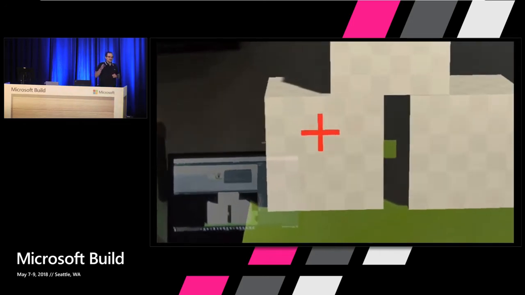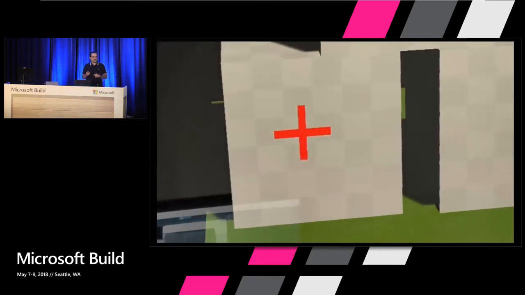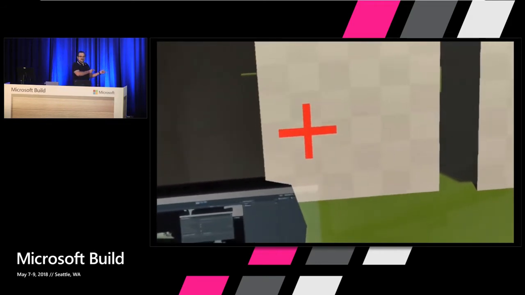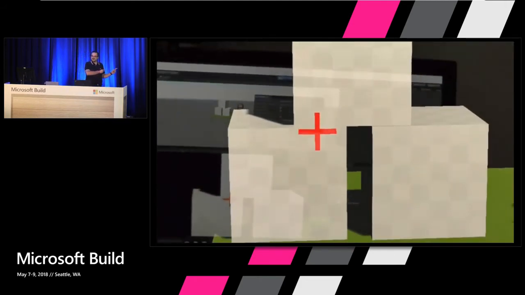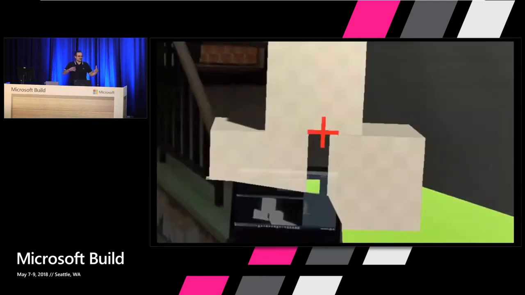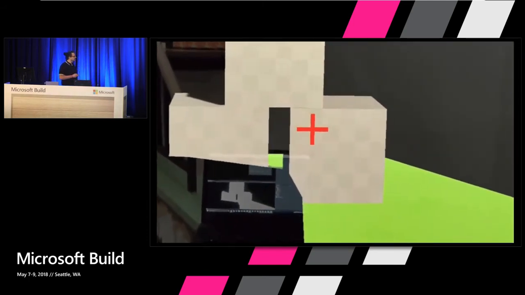Unity 2018.2 will actually allow you to not just run it in the Unity editor, but you can actually generate an exe file from it. So you can run holographic remoting just as an exe file, as a program, right? So you don't have to run all that stuff in the editor of Unity.